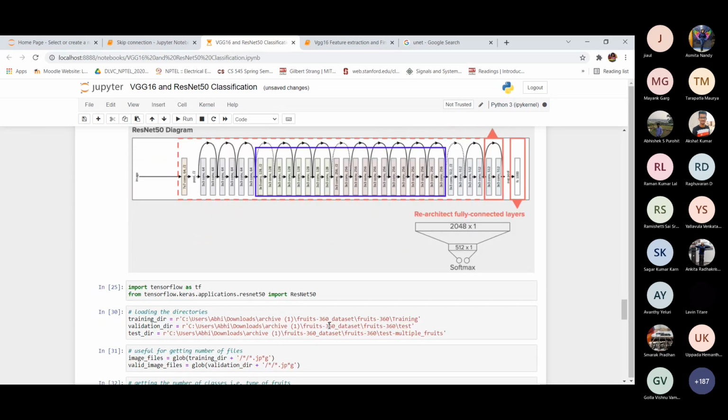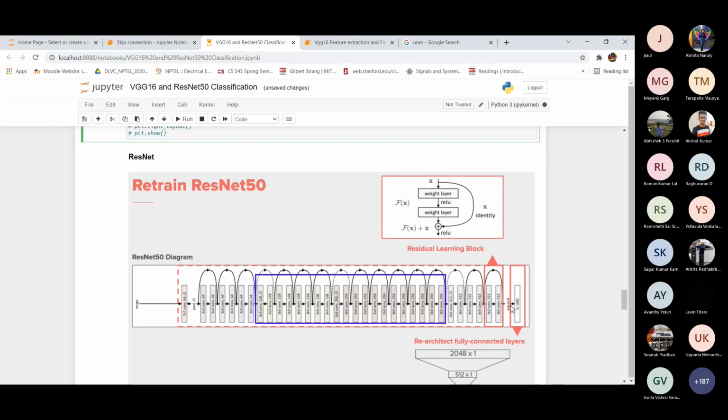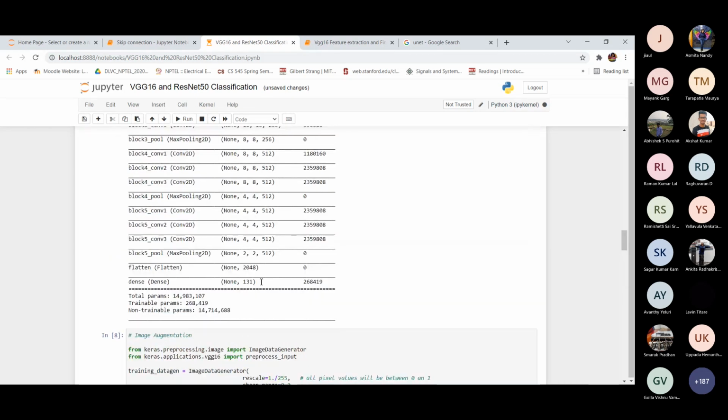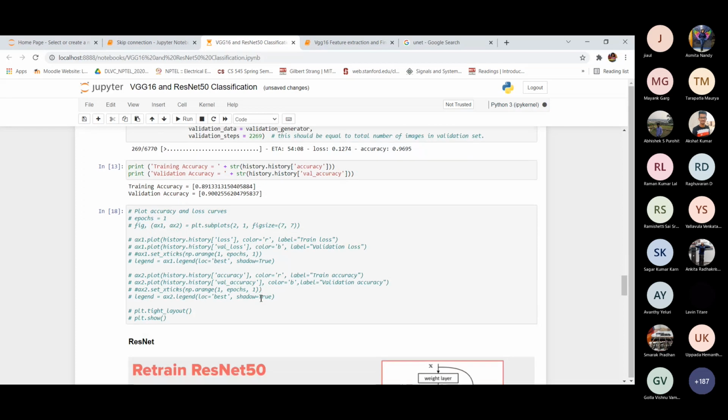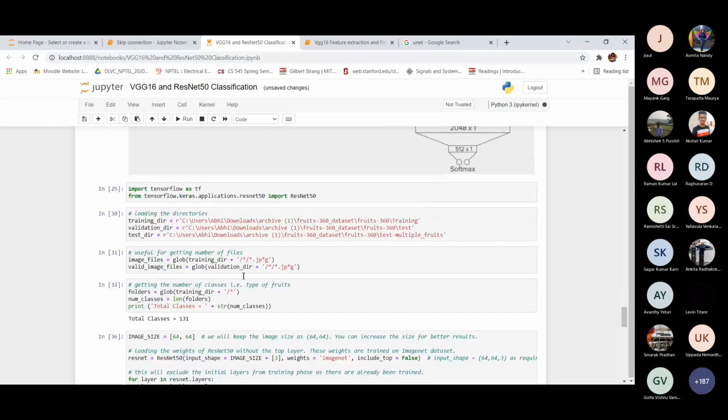Okay. And here we are getting 131 classes. Same thing we are doing here also: we are calling the ResNet 50 from Keras and loading all the fruit data set, like training, validation and test.